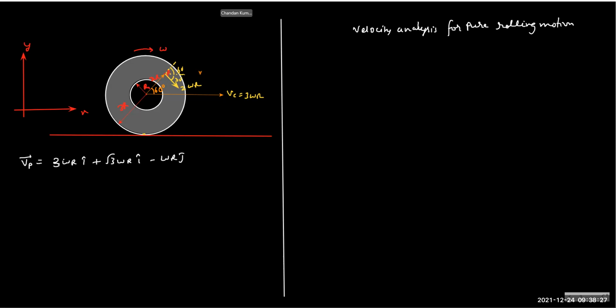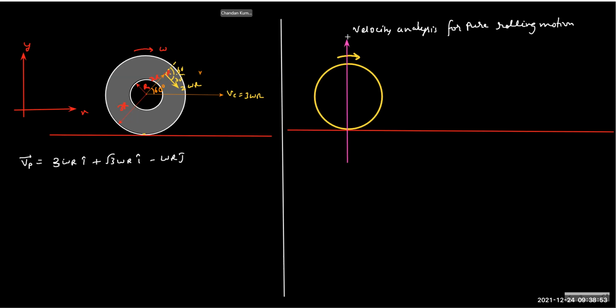So let's say we have a ring which is going to perform pure rolling motion. What is the essence of pure rolling motion? What do we exactly mean by pure rolling motion? On a fixed surface, the answer is pretty simple. When we have a fixed surface,